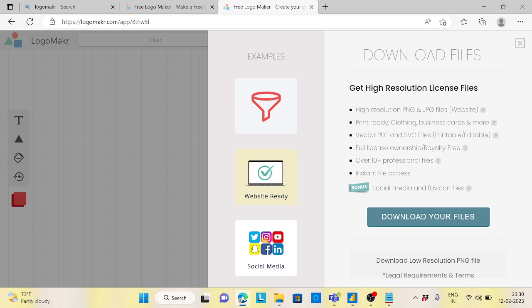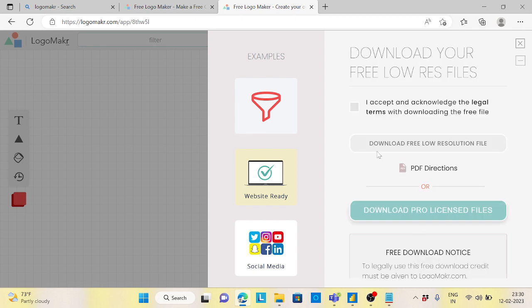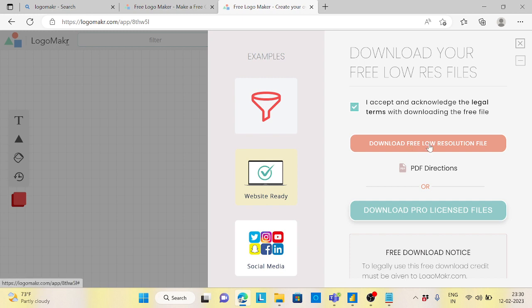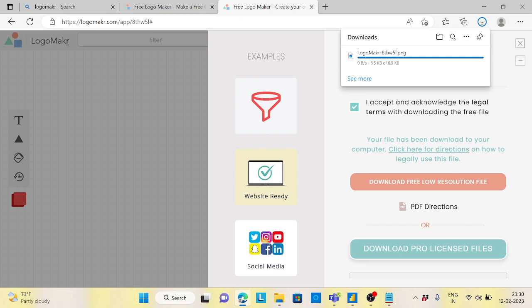But most of the people don't have this license, right? So what I will do, we'll click on download the low resolution PNG file here. The low resolution is free. Now once you click that, just accept it and download the low resolution file. Okay. Once you have downloaded it,